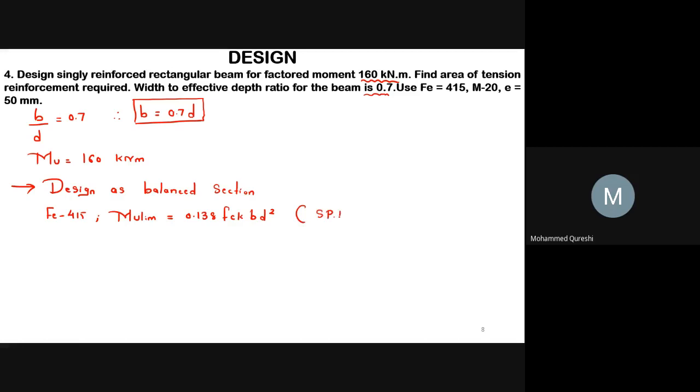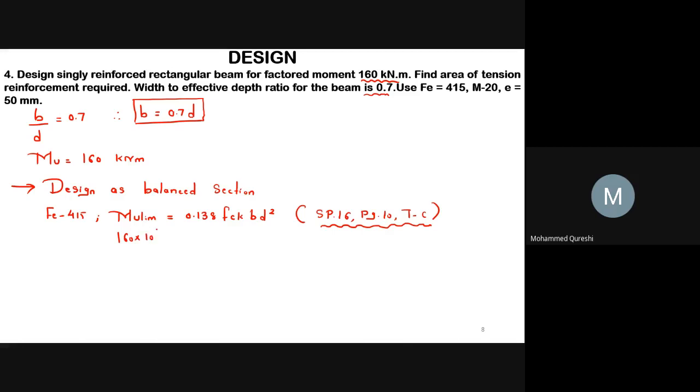This equation is given in SP16 page 10 table C. While practicing at home, you have to write this concept near the equation. So you will remember that on this page number and in this table this equation is given. So here the value of Mu limit is given as